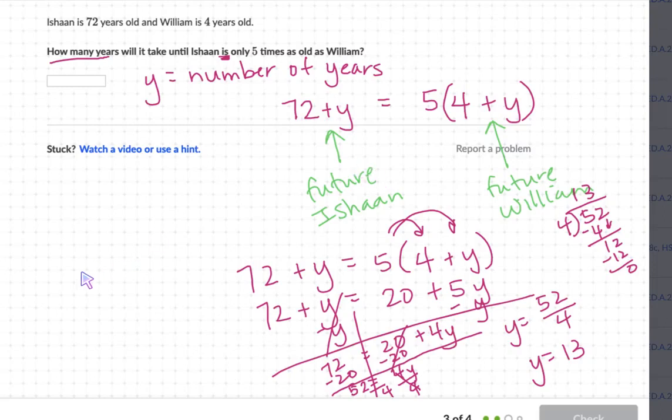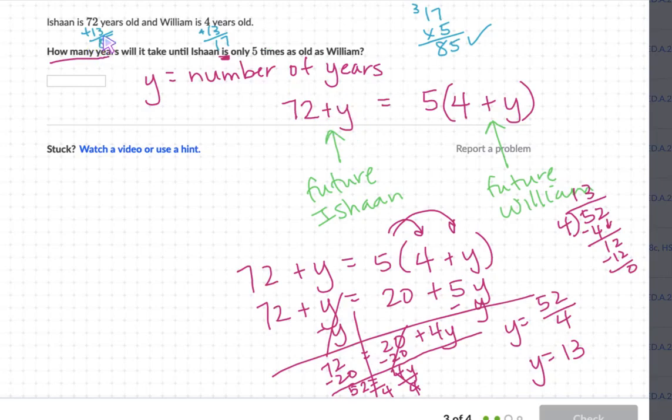Well, let's check it. In 13 years, Ishan will be 85, because we just added 13, and William will be 17. So is 17 times 5 equal to 85? Yes, it is. Okay? So that's why we added the y to both of them in the equation, because we're